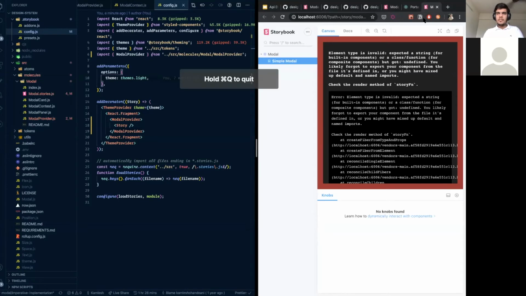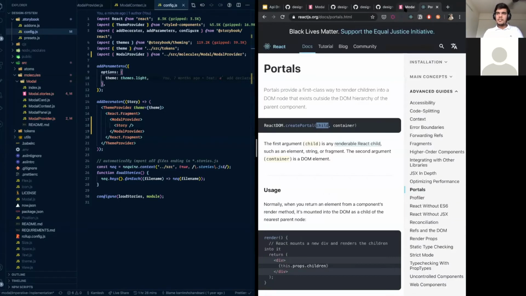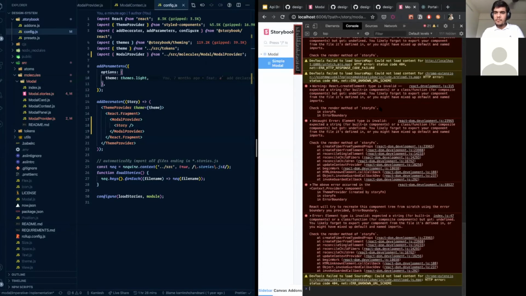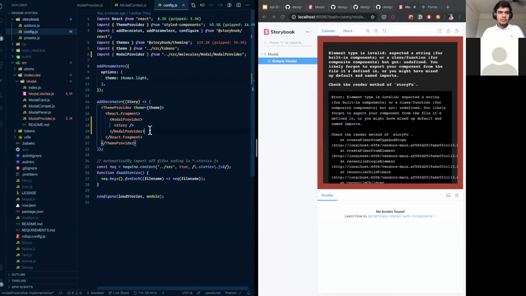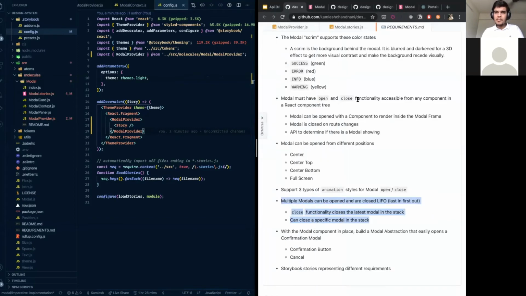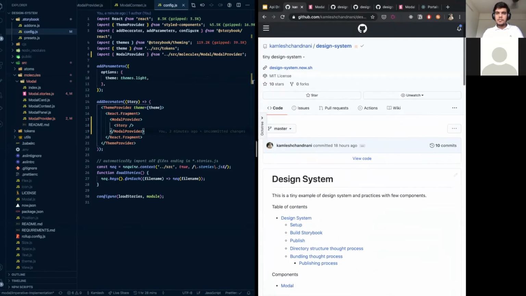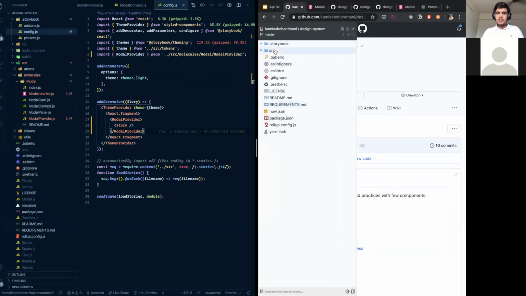Cool. It is still trying. Okay, no problem. Let's go here and go to the storybook, the storybook config.